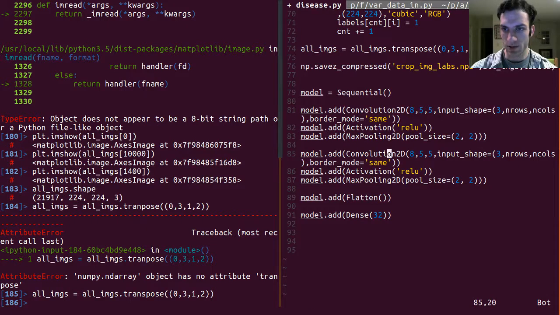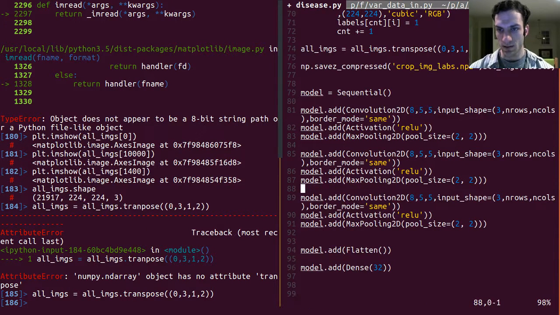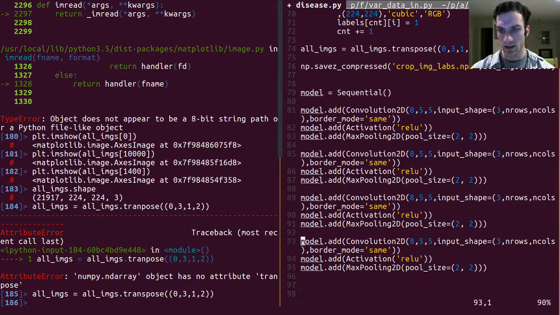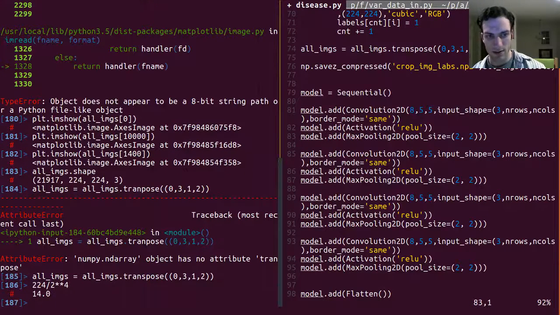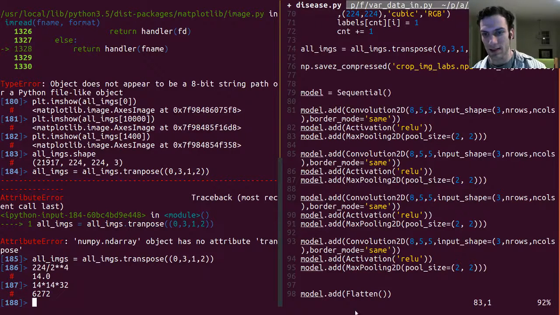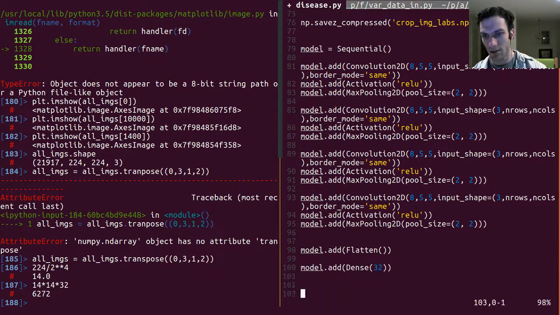And you know what? I should do more convolutions, because otherwise this model is going to get absolutely insane. Each time you do this 2 by 2 max pooling, the size gets cut in half. So now I'm doing 224, and I'm going to cut it in half 4 times. So my result is going to be a 14 by 14 image. And then 14 times 14 times 32 things, so I'm going to have 6,000 parameters at the level where I'm going into